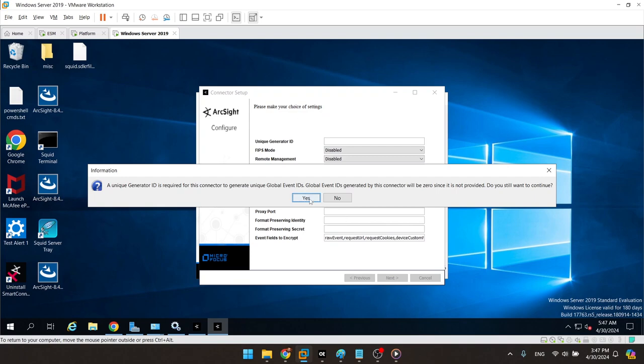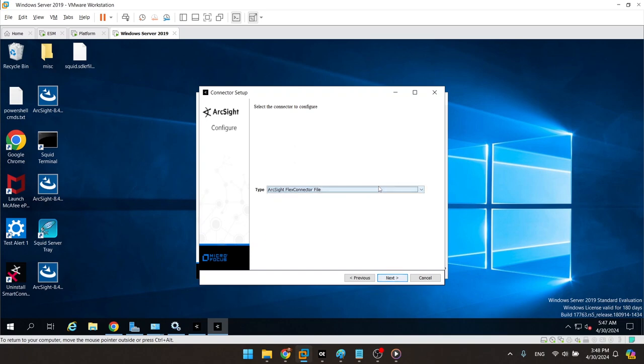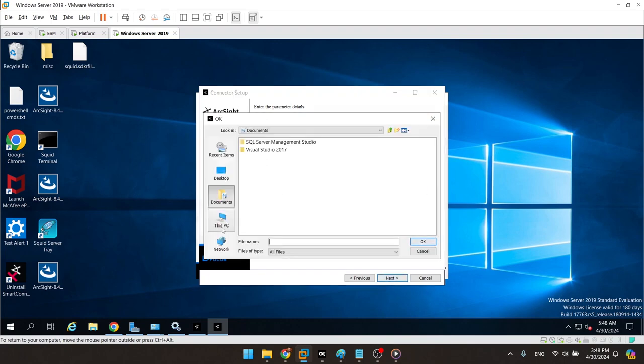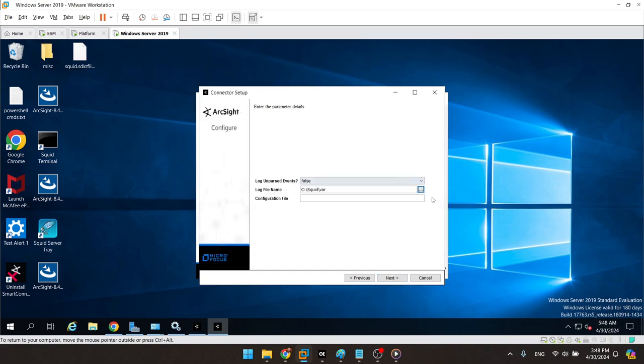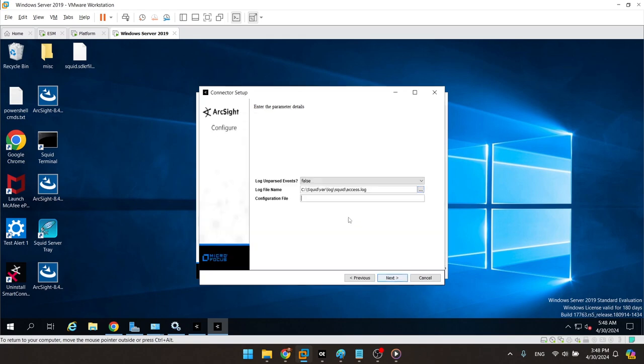Okay, next, yes, next. And now from this drop down, I'm going to select the ArcSight Flex connector file, hit the next button, log file name. The log file associated with Squid is located under local disk C, Squid, and then under log, access log. This is the log file of our web proxy,